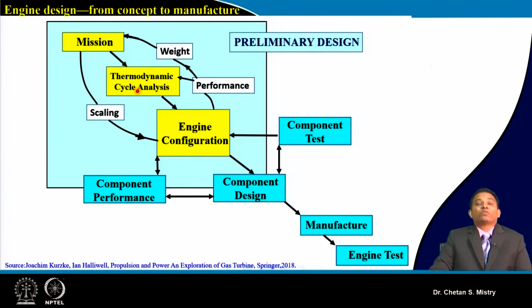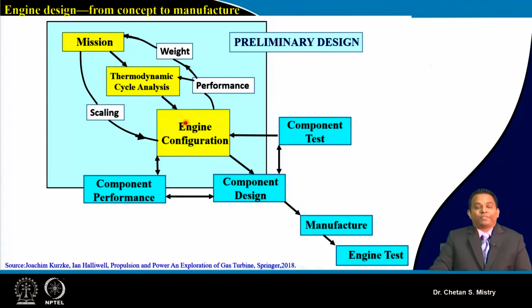All those data will be available with us when we are doing our cycle analysis. And the outcome of our cycle analysis will be in the form of thrust calculation and specific fuel consumption calculation. You can understand that this gives us some information about the selection of my